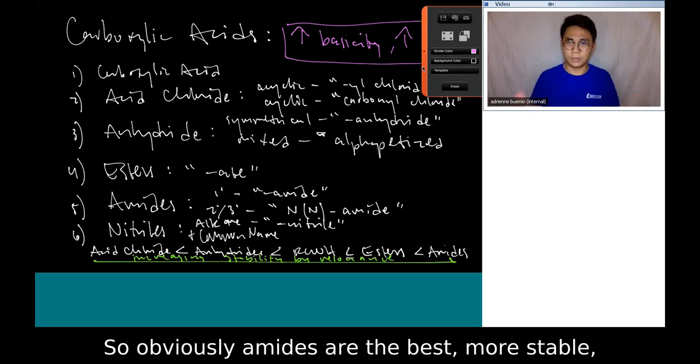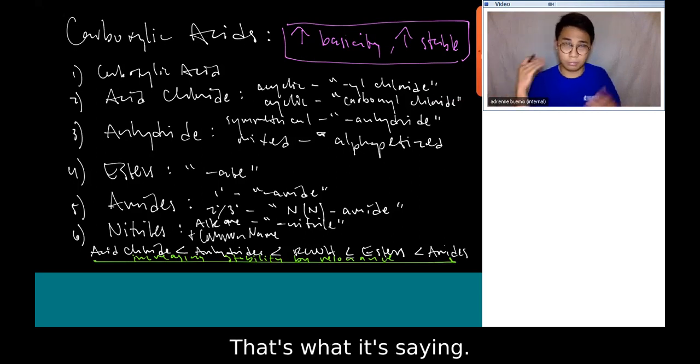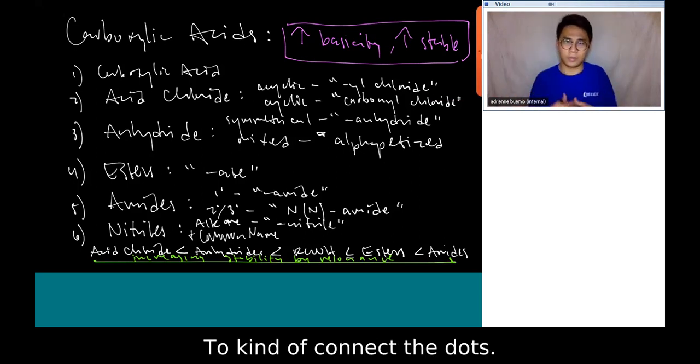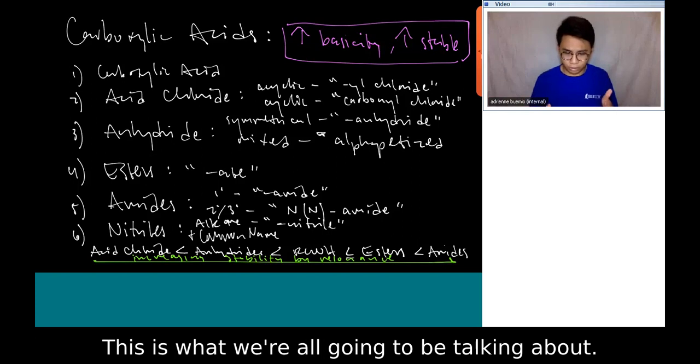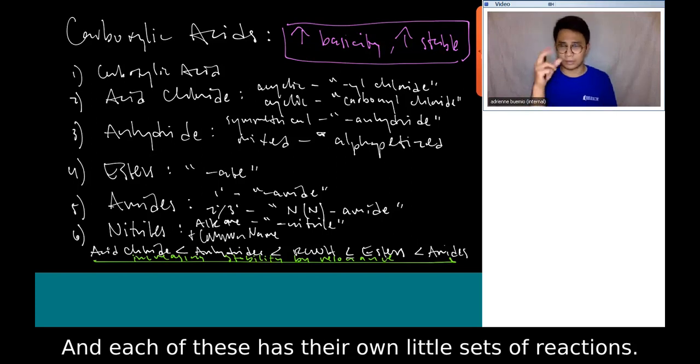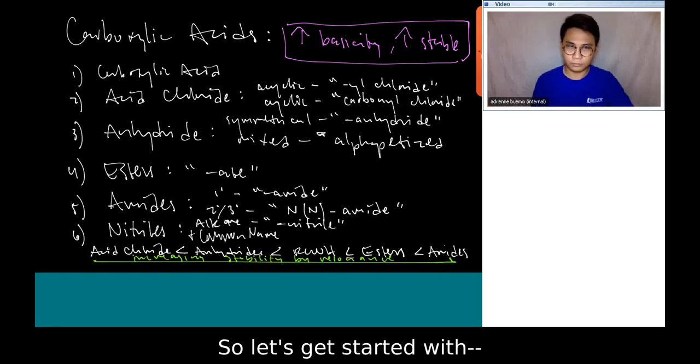So obviously, amides are the best, more stable, and more basic. That's what it's saying, right? So kind of connect the dots. But yeah, this is what we're all going to be talking about, and each of these has their own little sets of reactions. So let's get started with